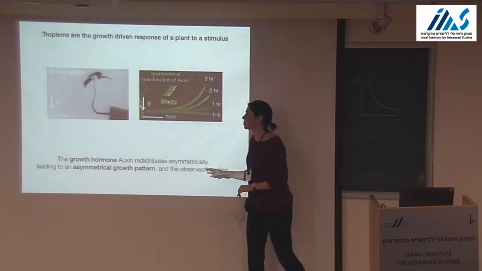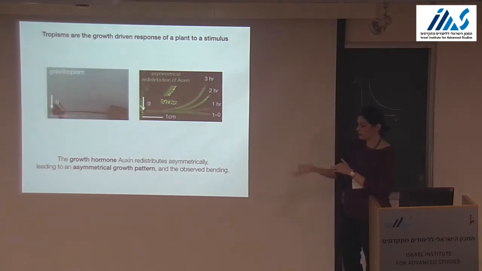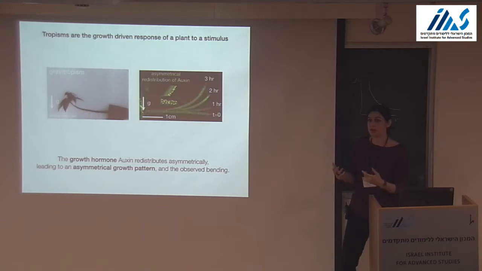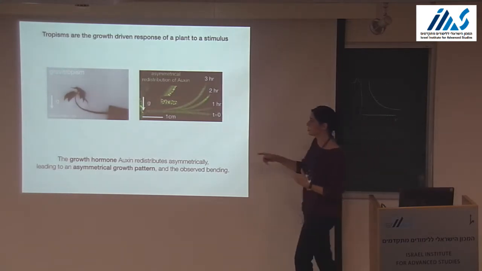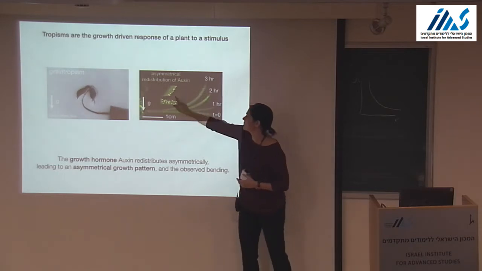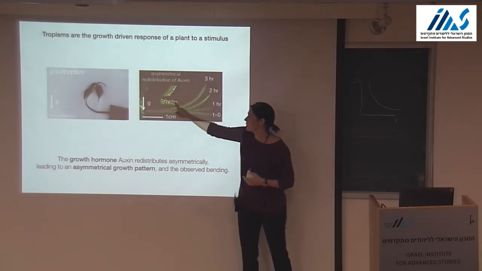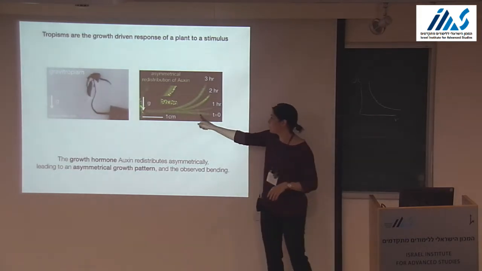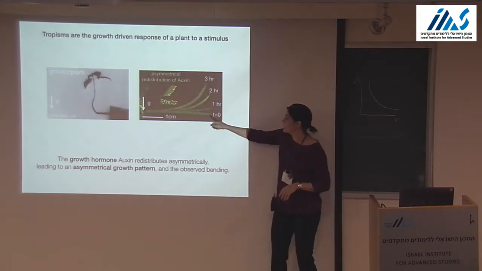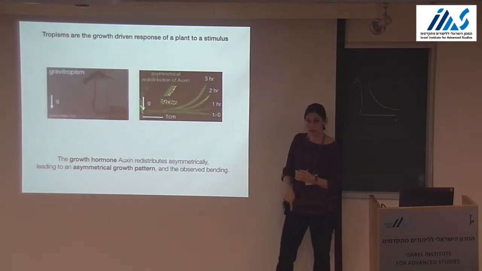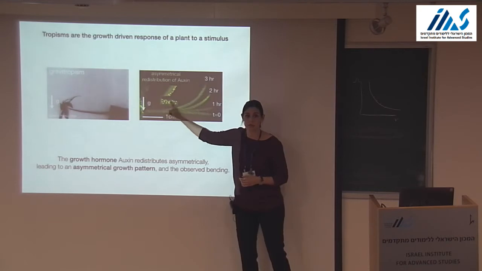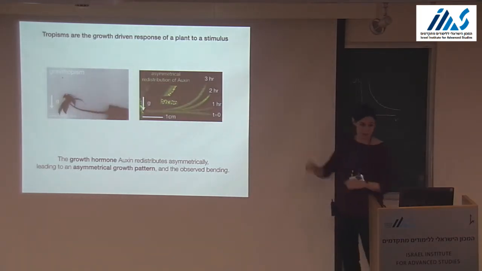And this is just to point out that, as I said here, this is not moving, right? This is not bending. This is growth-driven, right? So it means that you have asymmetrical growth. And this is mediated through the redistribution of a growth hormone. So here you can see, this is an inset of this part. The yellow dots, which represent this growth hormone called auxin, are homogeneous. And this is why the shoot was still growing straight. But as time goes by, as it senses the direction of gravity, we see that there is a redistribution of auxin only to one side, and that side grows more quickly than the other, and you get this bending.